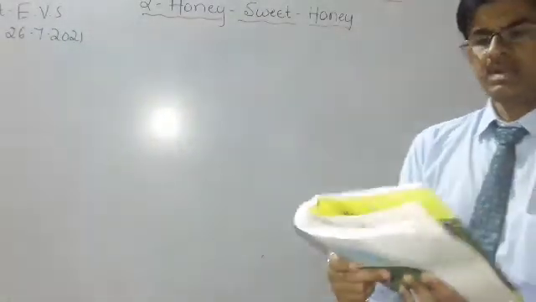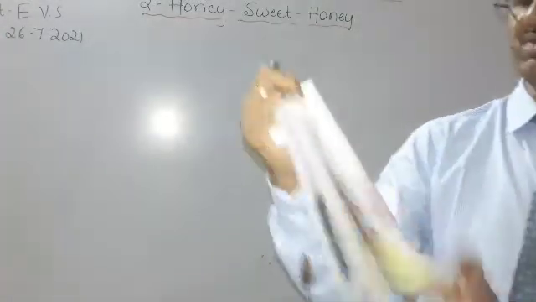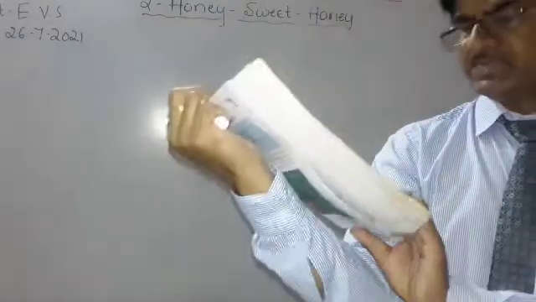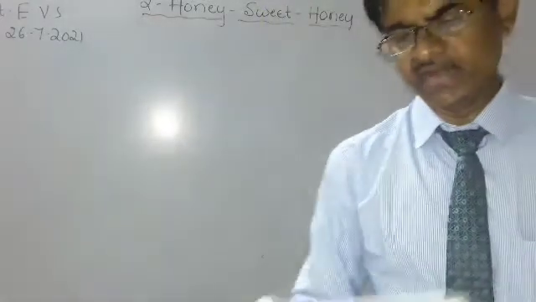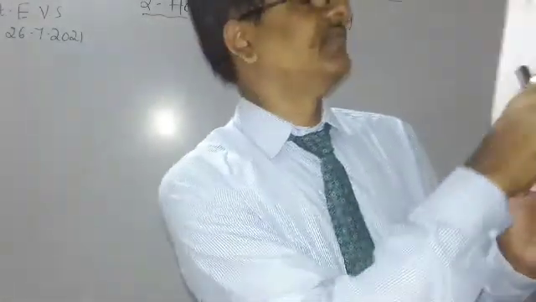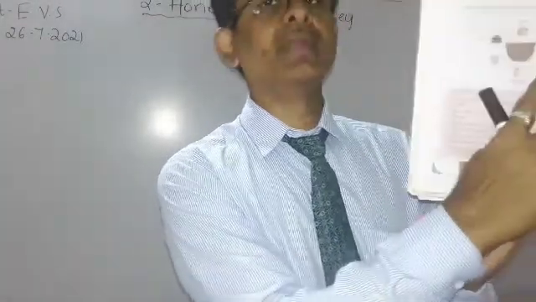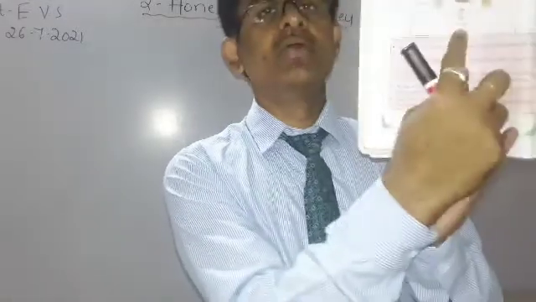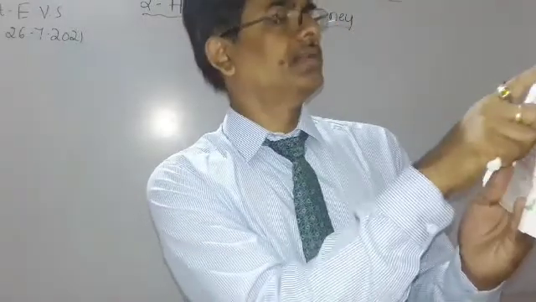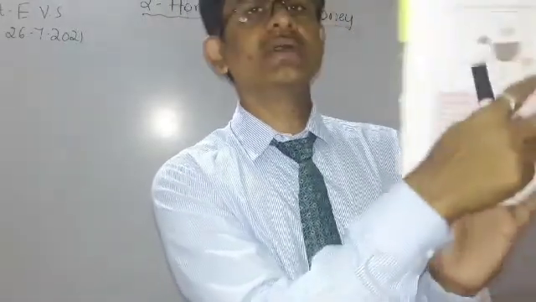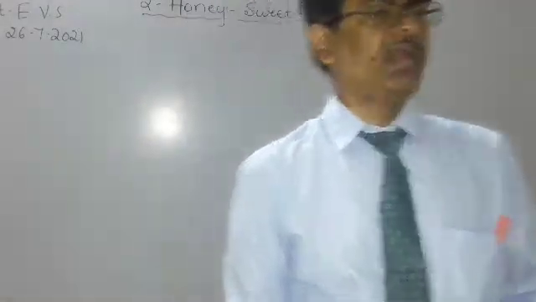Now see, what all things are available from the hive. You can see on page number 17 here. In the center there is a honey beehive, and what things we are getting from the honey. See, we can make candles. You can see the candle here, and also paint we can make. Next ointment. Ointment means medicine we can make. Next powder we can make. Then ink also we can make. So these are all things we can make from the honeybee, or from the beehive. Understood?